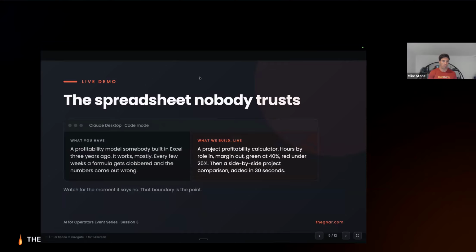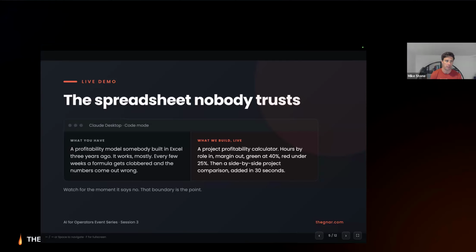So let's talk about what we'll be building in this demo. I want to set up a scene that may or may not be familiar to you. Let's just say you are like us and you have a spreadsheet that calculates project profitability. Somebody built this Excel file years ago and it works, but it also has room for error.